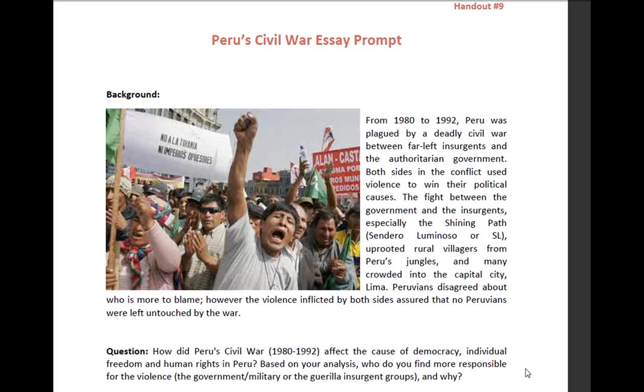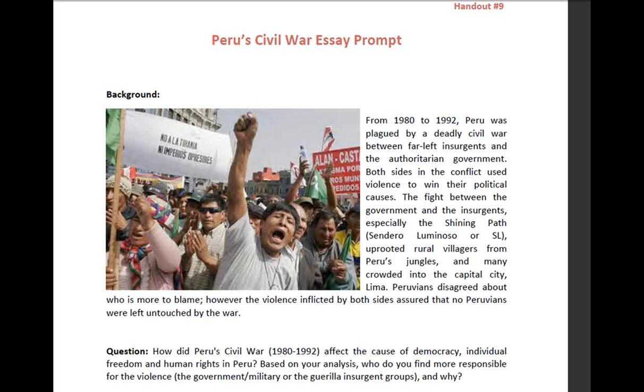And then this is the essay prompt. I wanted to bring this up because this is the way that we're tying all of the different pieces together. So here we've included a little bit of background about the Civil War, and then at the bottom you can see the question that students are going to be writing an essay about. How did Peru Civil War affect the cause of democracy, individual freedom, and human rights in Peru? Based on your analysis, who do you find more responsible for the violence, the government, military, or the guerrilla insurgent